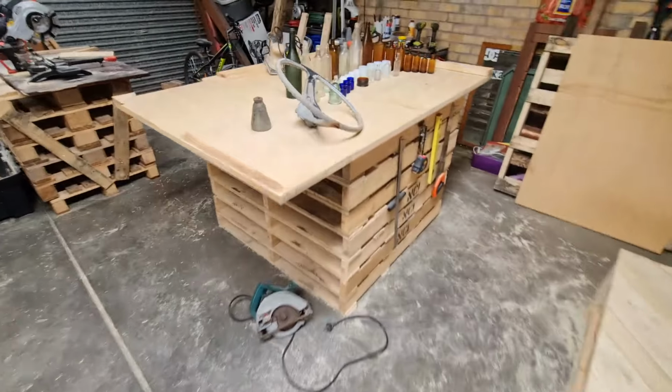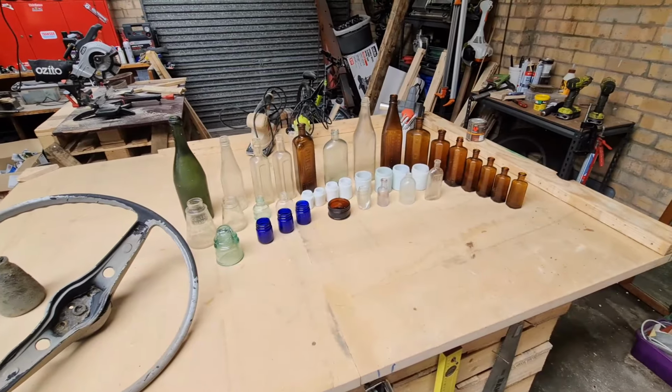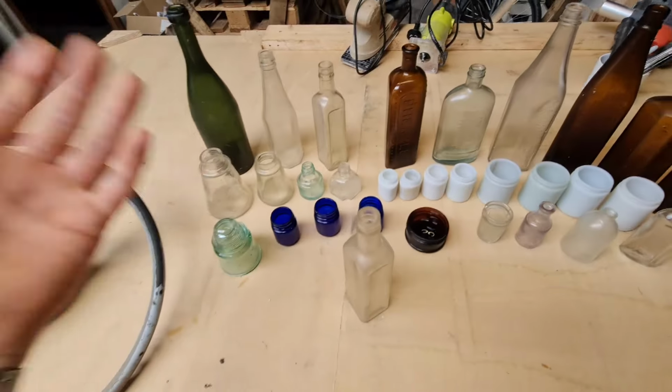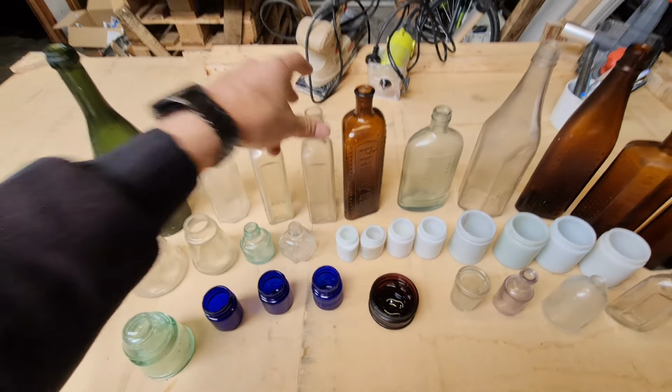Okay, so welcome back there guys. It's a couple of days on and we've got all our bottles cleaned up. Bottles are being manufactured in the warehouse. Basically, I'm trying to think what to say. Basically though, the dye...